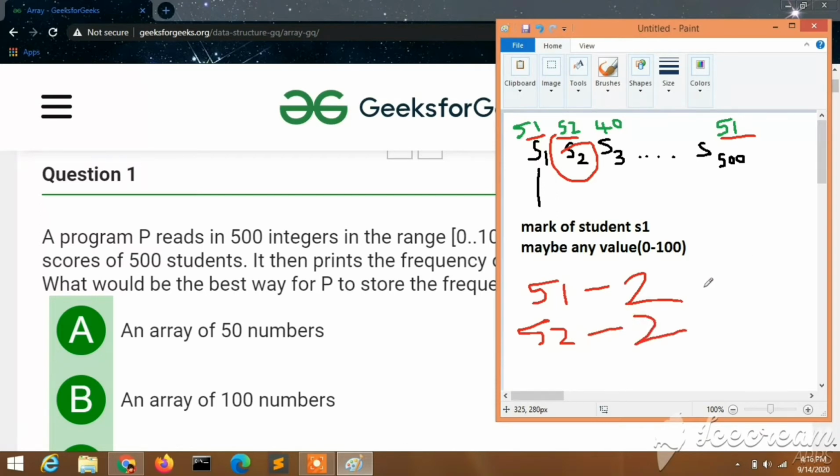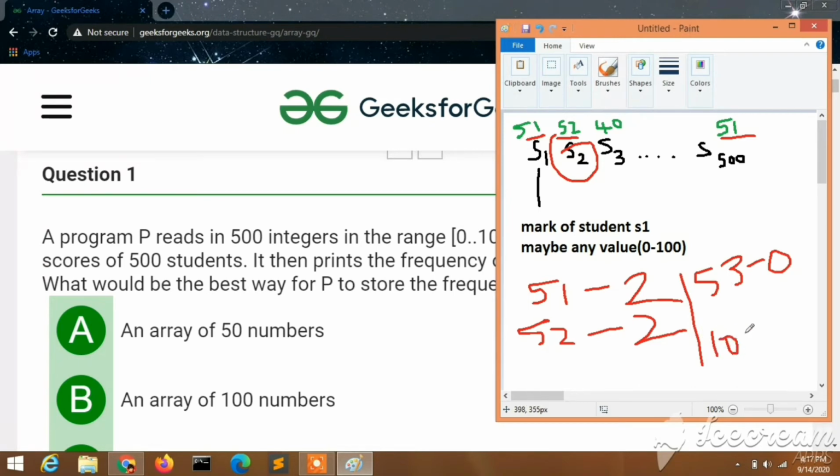Likewise, check for 53. For 53, let me just assume there is no student in the class among these 500 students have secured 53 marks. So the frequency is 0. Likewise, you have to check for each and every mark for 51, 52, 53 and so on up to 100th mark.